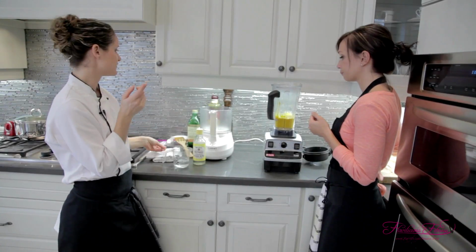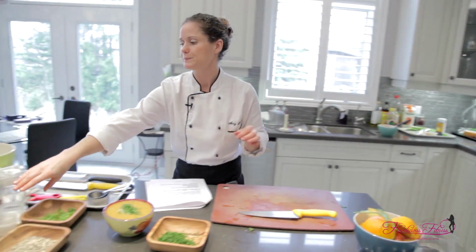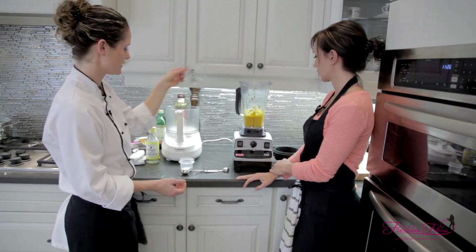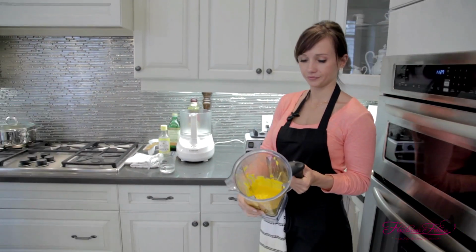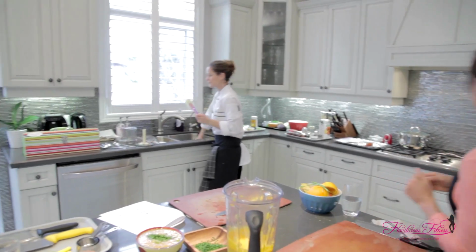Great. We haven't added any salt, so we're going to add the salt now. It takes about a half teaspoon. So we can add just a little bit of water, a bit at a time. Isn't that yummy? So now what we're going to do to that one is we're just going to make what we call